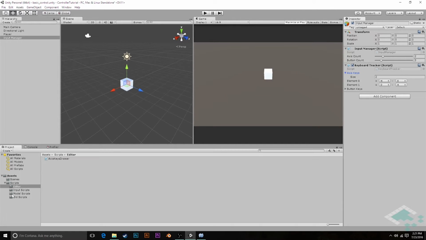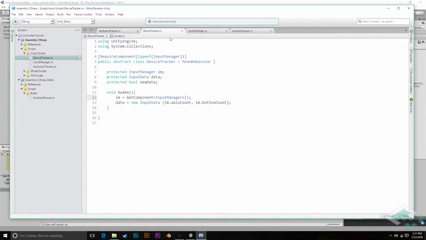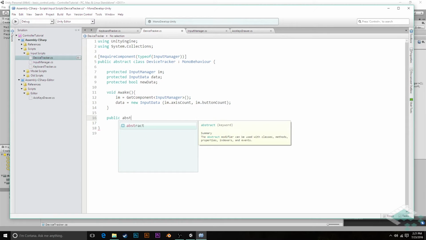So let's jump over to the project, to our input scripts, keyboard tracker. Actually, we're going to open device tracker as well, because we're going to want to put this into device tracker as an abstract function. So we're going to say public abstract void, and I'm going to call this refresh. And that's all we're going to do in here, because we don't actually have to declare anything